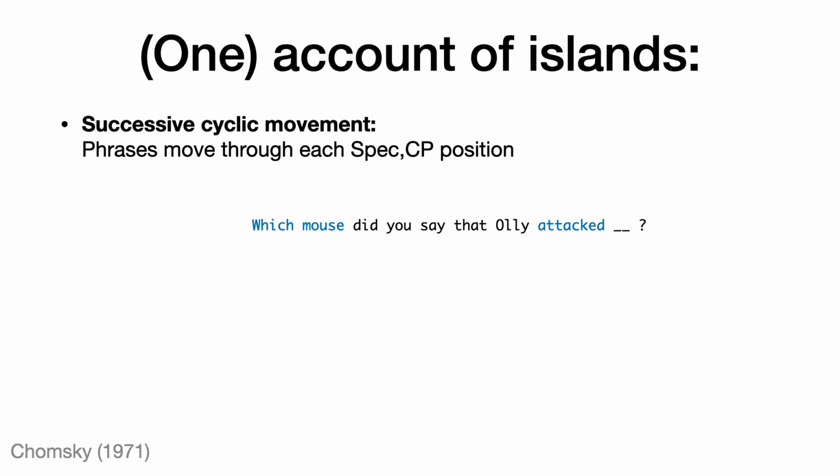So again, within mainstream Chomskyan generative syntax, we think about the relation between long-distance dependencies as involving movement. There's one representation where you have a phrase in one position where it serves one function, and then it moves, it changes location into another part of that structure where it serves a secondary function. One of the ideas that Chomsky had is that there's something called successive cyclic movement. Some of you may have heard of this term before, some of you maybe haven't. But the basic idea is every time you move a phrase through, when you have a big sentence like this,